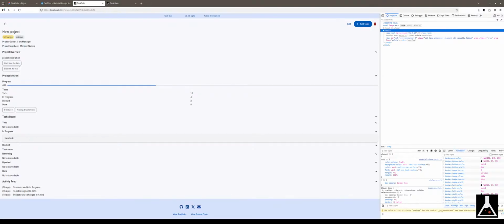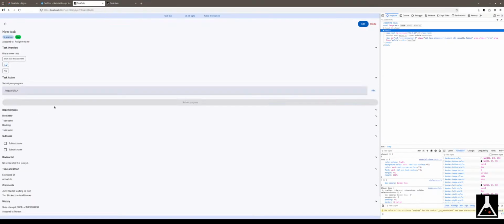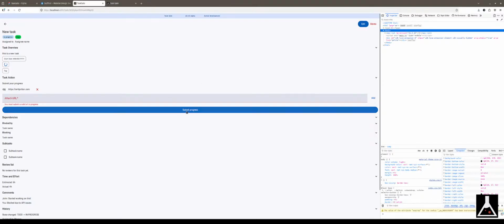and the project is now in progress. So the task is also in progress. Now here is where the problem statement is solved, you can only submit a task once you submit a URL, a link to the output that you have. For instance, if I have here a link like that and I add it, now the